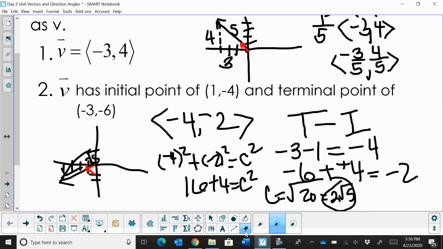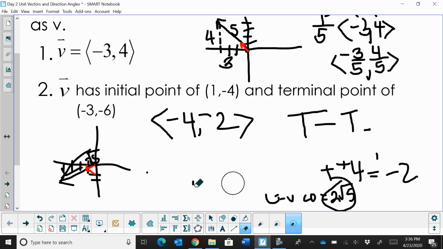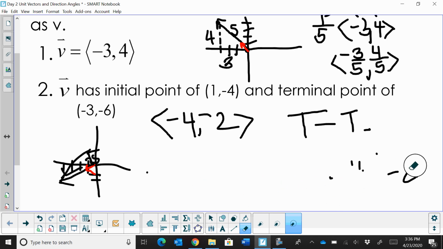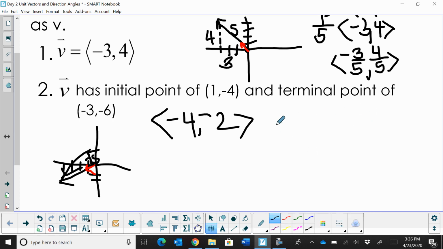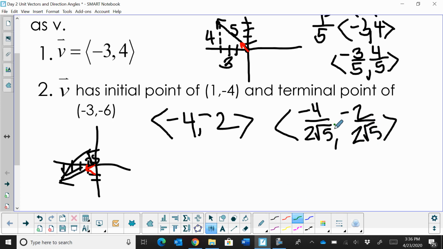Now to find the unit vector, I'm going to erase this. Let's go back. I'm going to take the vector -4, -2, and I'm going to multiply it by 1 over the magnitude. In other words, I'm going to divide by the magnitude. So if I just divide this by the magnitude, I'm going to have -4 divided by 2√5 and -2 divided by 2√5. And I just need to rationalize those denominators. So let's multiply by radical 5s and simplify that 2. So if I cancel the 2 out,